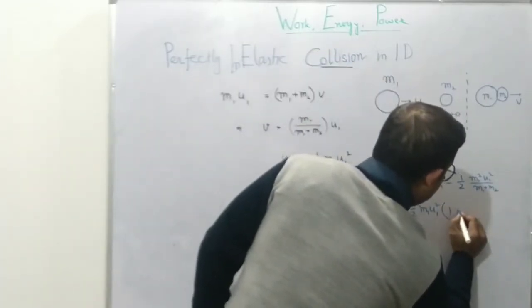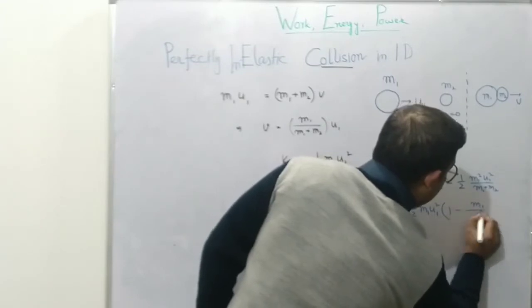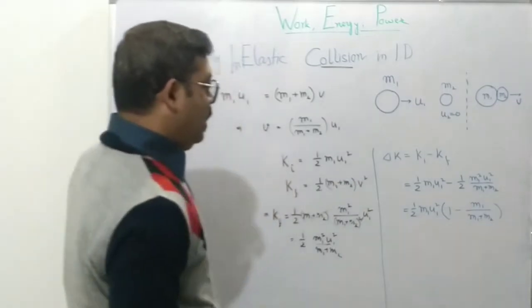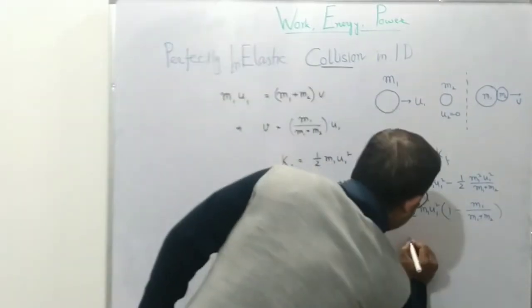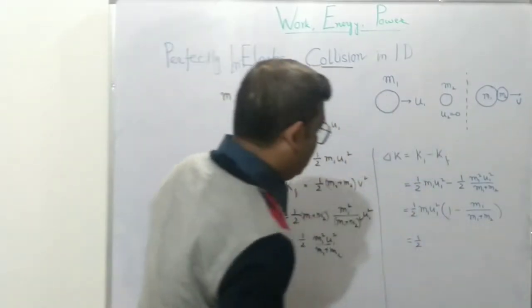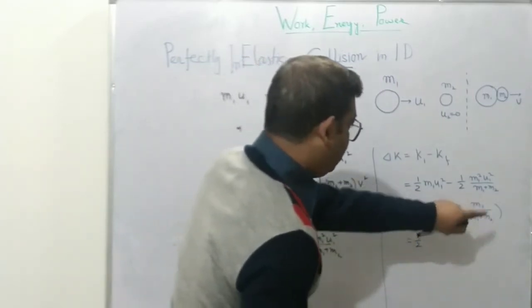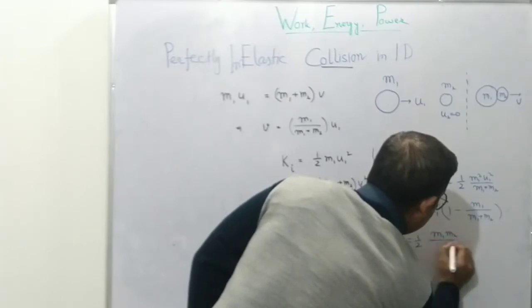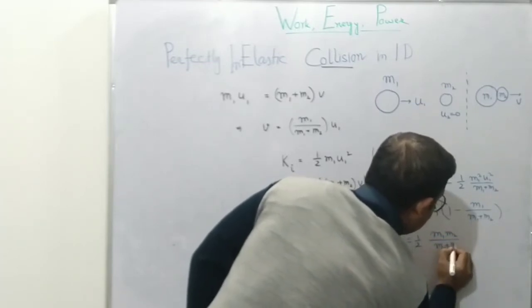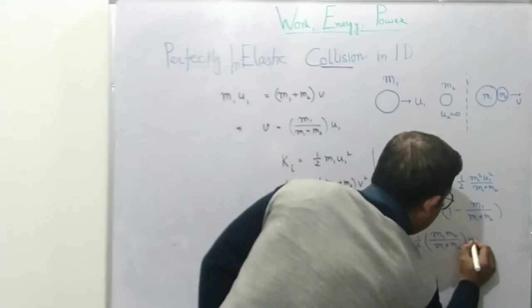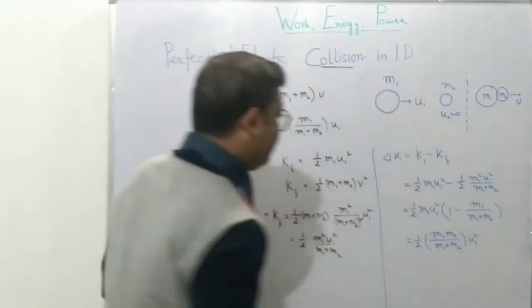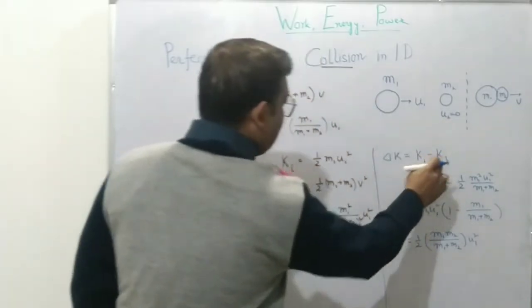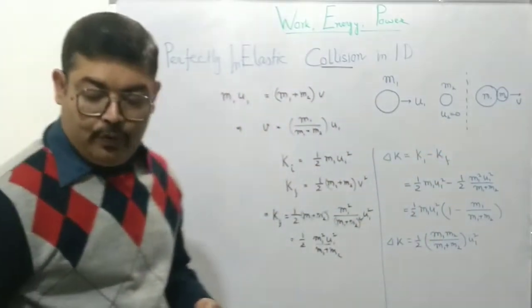We will be left with minus m1 by m1 plus m2. If we simplify this, what do we get? We should get half m1 m2 divided by m1 plus m2, whole thing multiplied by u1 square. So this is the difference of initial and final kinetic energy, which is of course